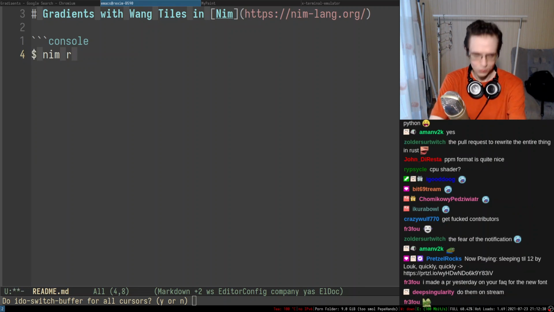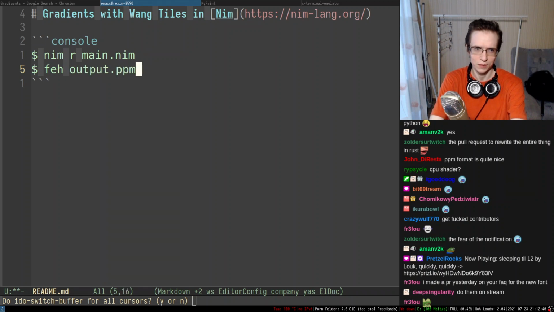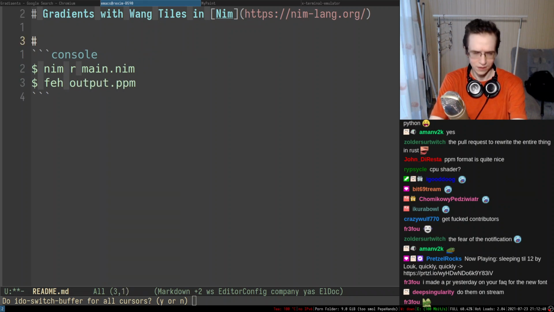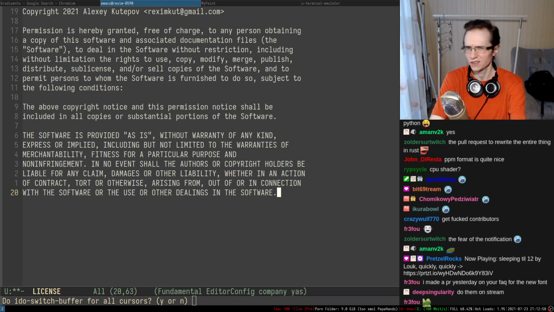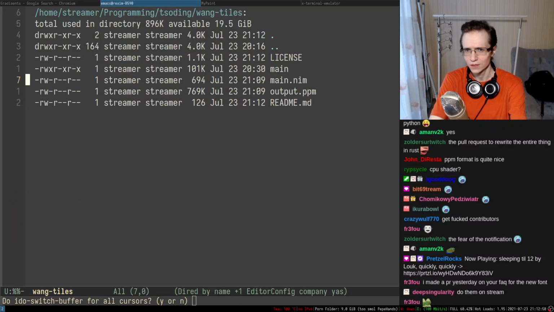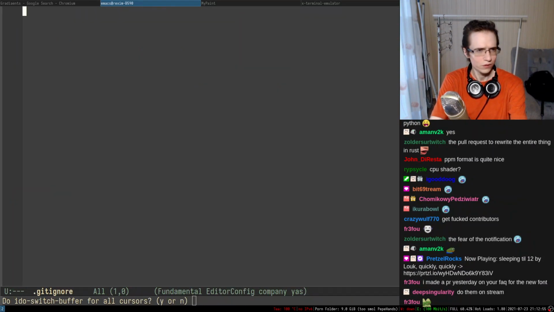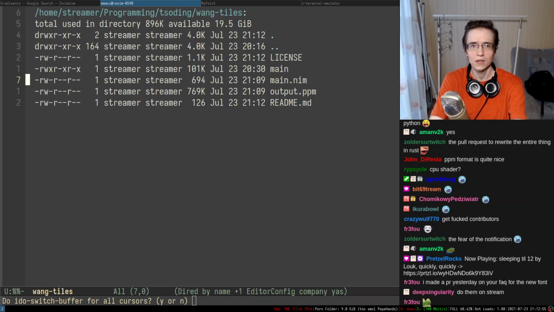So the thing we want to do here is going to be Nim, right? And that's basically what we have in here. Then you run it and output PPM. So this is basically a quick start. The license is obviously going to be MIT. You can do whatever you want with it. And we're going to git ignore the entire thing, so this is going to be main, this is going to be output.ppm.